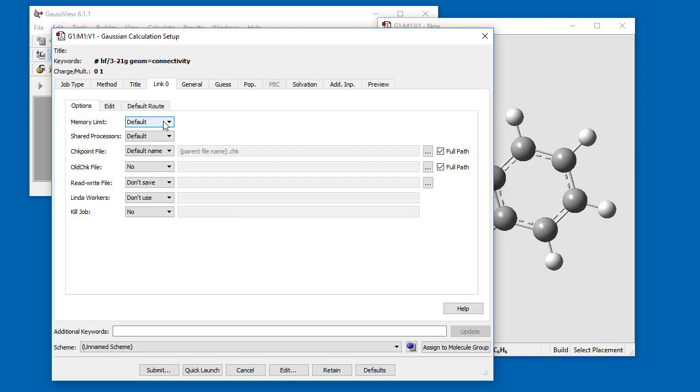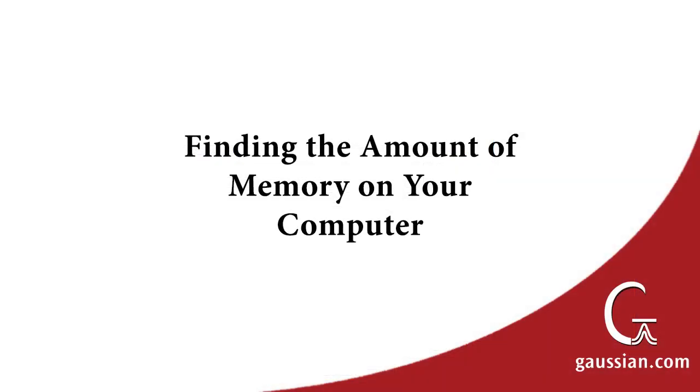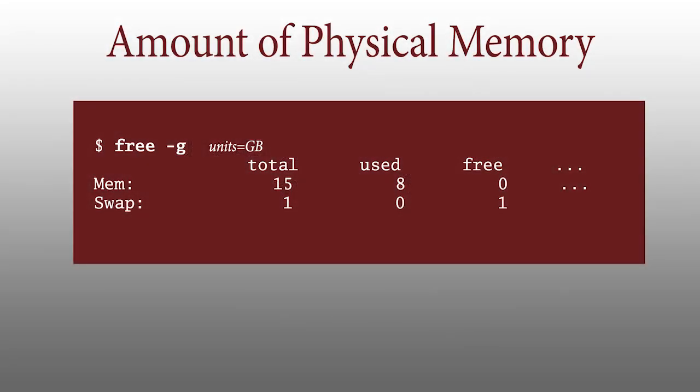In the Gaussian calculation setup dialog, the memory limit item on the Link0 panel performs the same task. You can either select an item from the menu or use the Specify option to enter the desired value and units with the controls that appear. Here, we specify a maximum amount of 3 gigabytes. If you don't know how much memory your computer has available to it, you can use the free command to